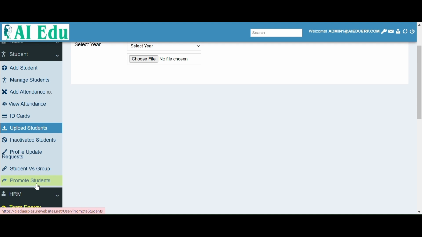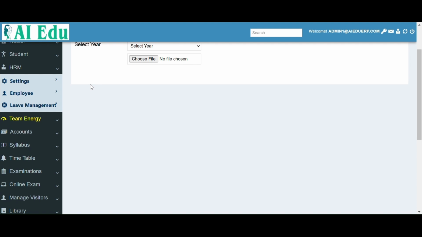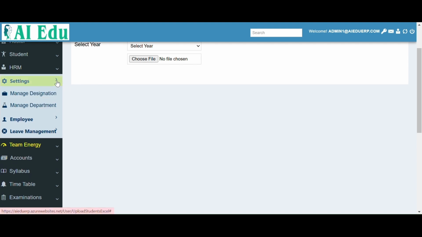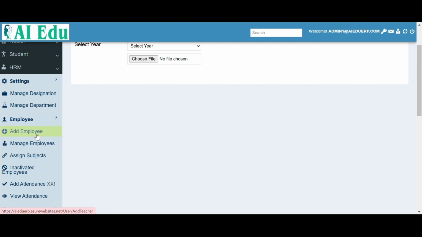Promote student, this will be useful for promoting students from grade 1 to grade 2, or class 1 to class 2. Next one is HRMS. This is one of the best modules we are having. Manage designation, we can have different types of designations, we can have different types of departments, we can add the